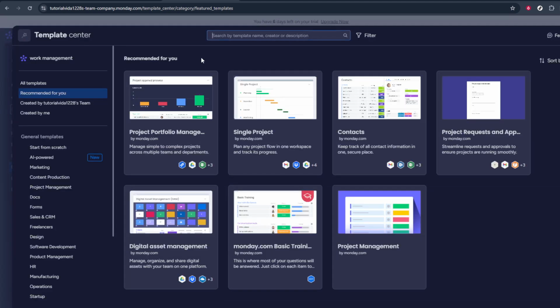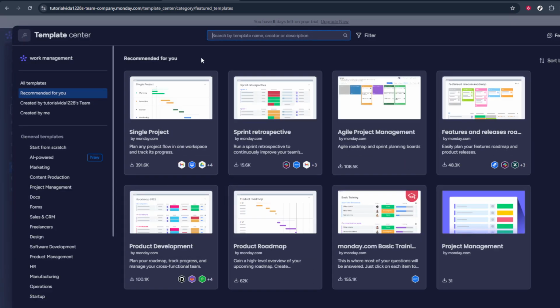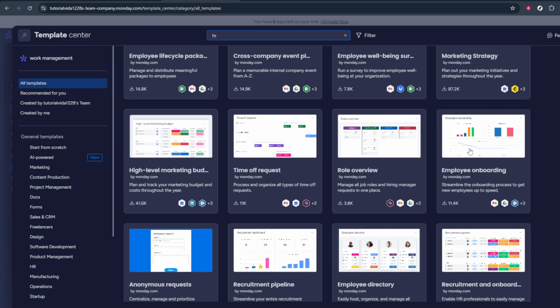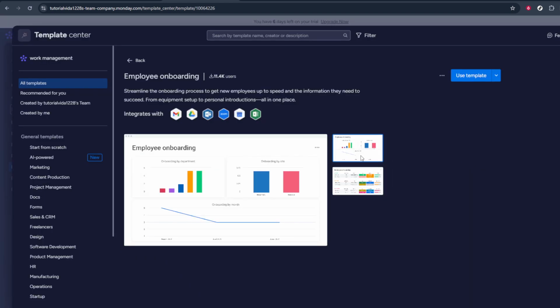Once you're in the Template Center, use the search bar to your advantage. Type in HR to filter the templates specifically designed for human resources functions. This will bring up several tailored templates intended to streamline the HR processes, whether it involves recruiting, employee onboarding, or performance tracking. Templates are valuable because they provide a framework that can help structure your activities without having to start